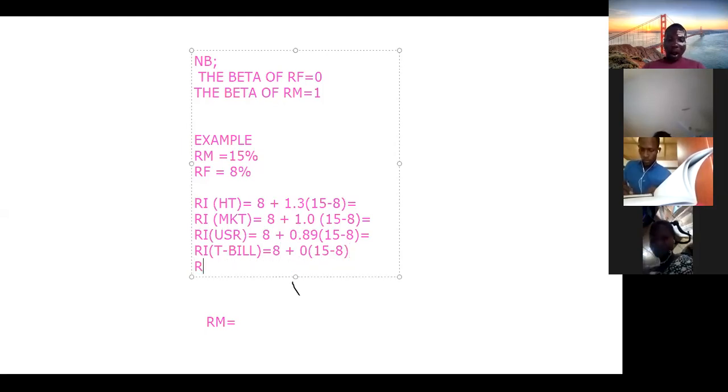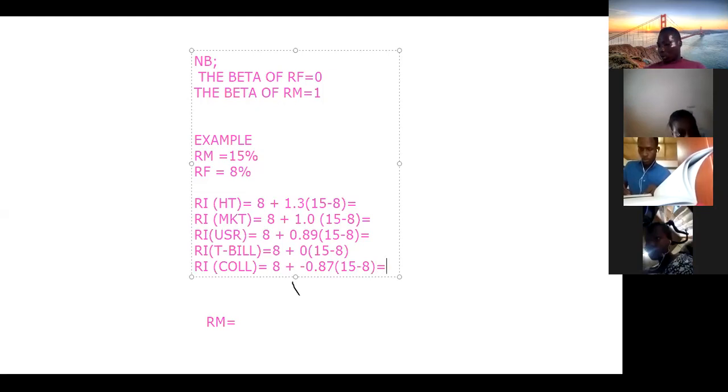Next one, RI for the next investment, co, equal to here, 8 plus, the beta is how much? Minus 0.87, bracket open, 15 minus 8,